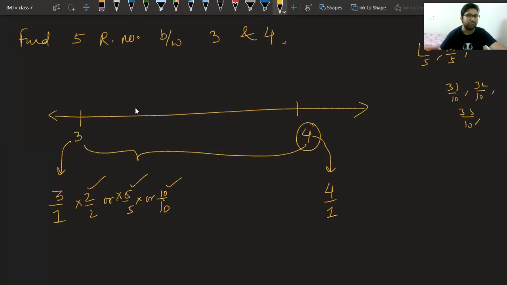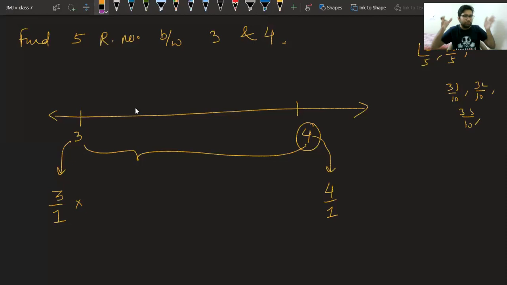So I am going with 5 first and I will show you what the limitations are. The larger the number you take, the more numbers you will accommodate. Simple concept. If you take 2 by 2, you will have a smaller range. If you take 5 by 5, you will have a larger range. If you have 10 by 10, you have a still larger range. If you have 100 by 100, you will have an even larger range. So this will help you. 5 has a limitation. Very good, Lavya. Lavya told the answer. 5 has a limitation.